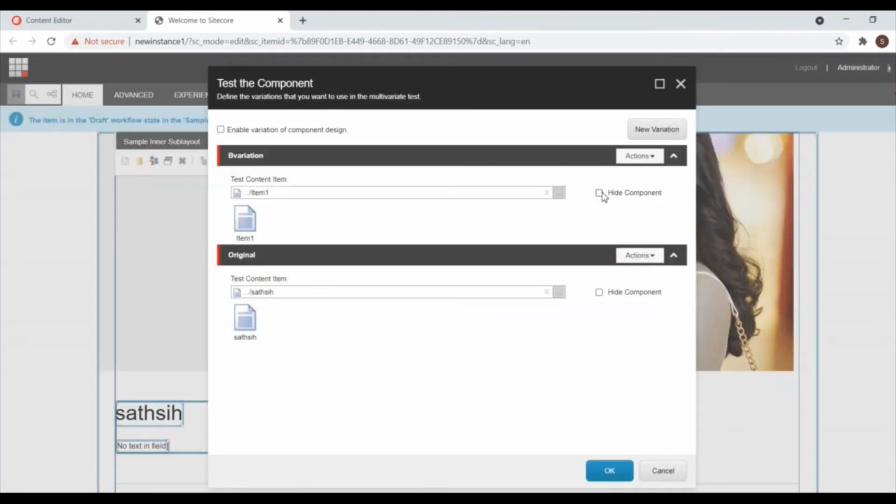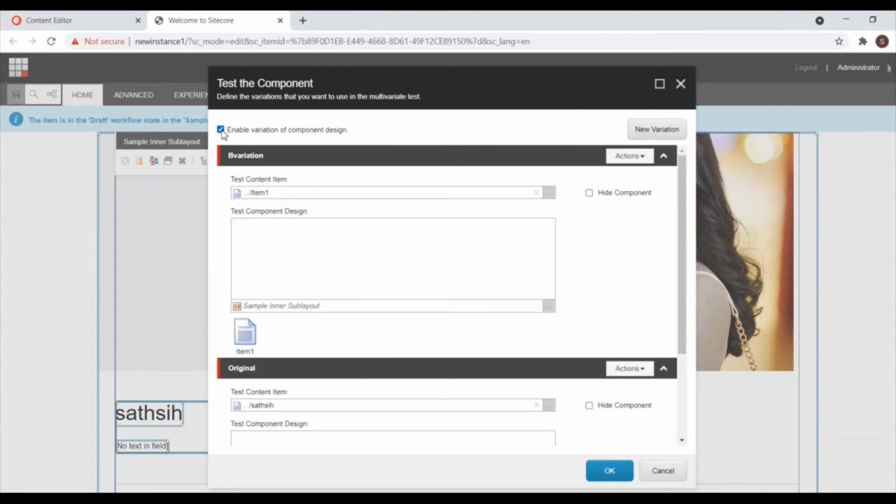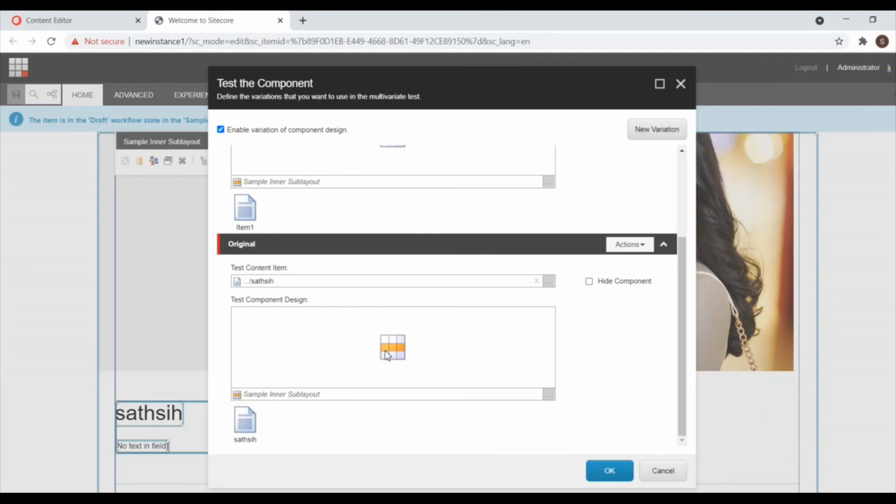Now I can hide or show the component. If you click enable variation of component design, you will get a test component design for both.